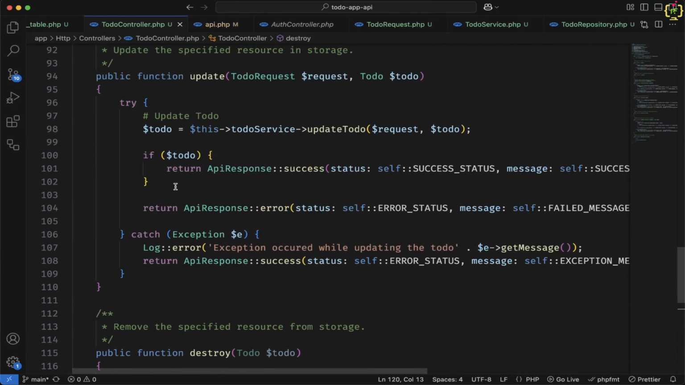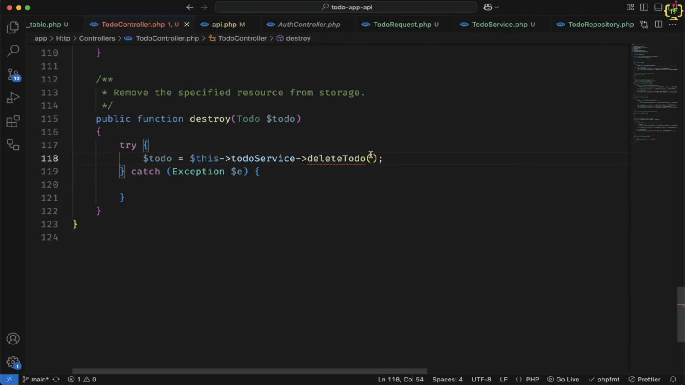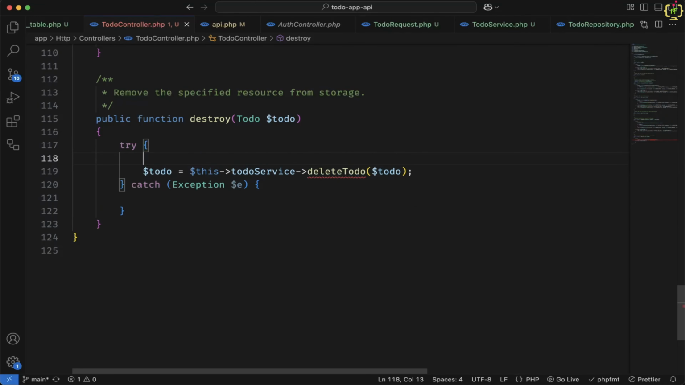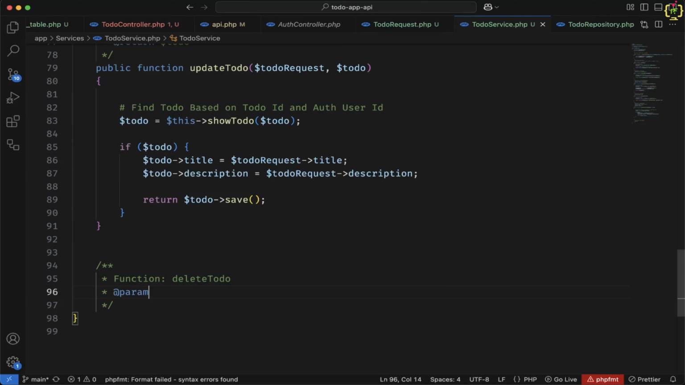Inside this, again I will call the to do service and I will call the delete to do function. Inside the delete to do function, again we need the to do instance. This is delete to do and I'll copy this function name. I will come to the to do service and here I will define this function delete to do. This is public function delete to do